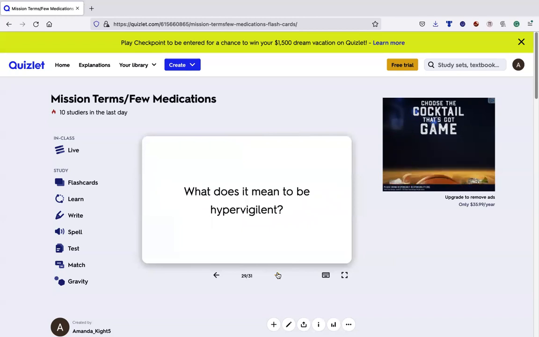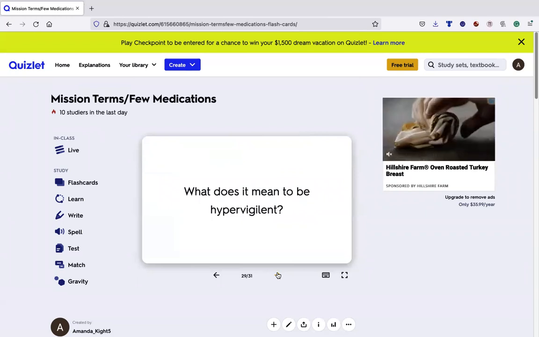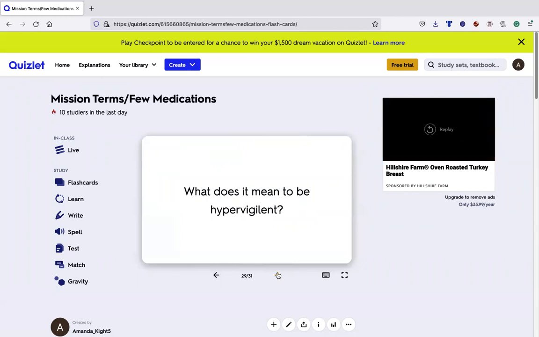What does it mean when I say hypervigilant? Hypervigilance, I think most of us have heard of this, but it's very important. I teach you about it when you come to my clinical. It has to do with, like, if somebody came up behind you, and I am actually pretty hypervigilant. I startle if somebody comes up too quickly. So this is something you might see, for example, with somebody that has PTSD, they might be hypervigilant, and that may have to do with the fight or flight system in your body, just being kind of on edge, if you will. Doesn't mean you have to be like that all the time. It could be just certain times.